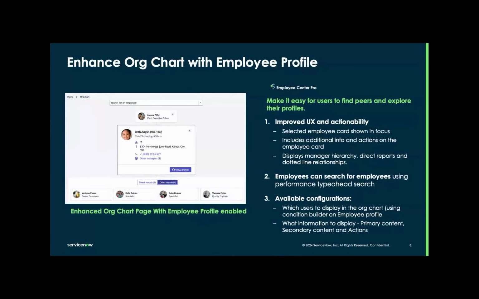Now, a very related capability is organization chart, which displays the organizational hierarchies for the employees. This enhanced org chart functionality is accessible via the Employee Center Pro license. And we previously had the org chart functionality as part of our content publishing application. But with our San Diego release, we upgraded the org chart experience to offer a more modern UI and advanced